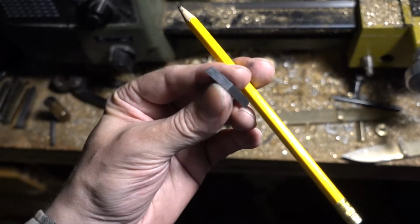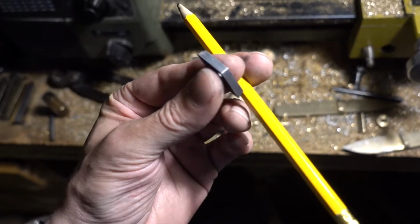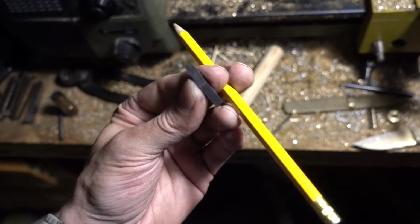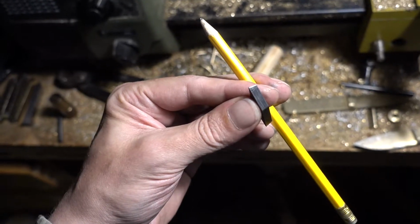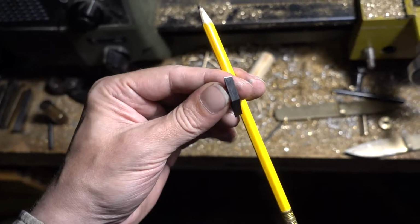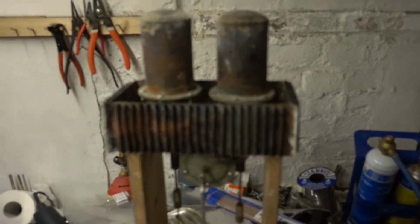So I now used a pencil to cover this thing in a thin layer of graphite, just to give me a higher chance to extract it from the casting. I mean, as I said, carbide can be brazed, and I don't want it to stick. So I'm waiting for the bronze to melt, and